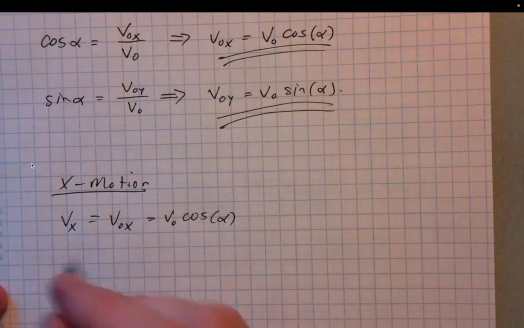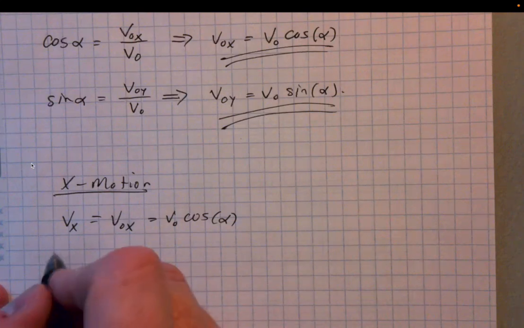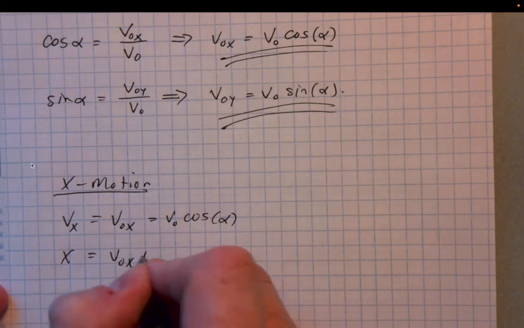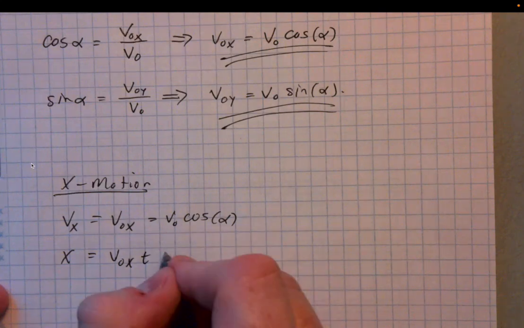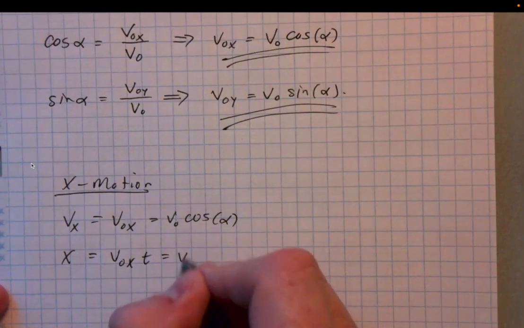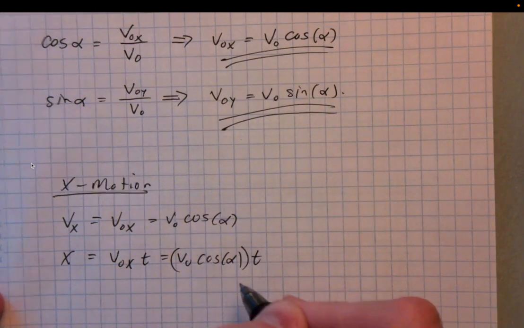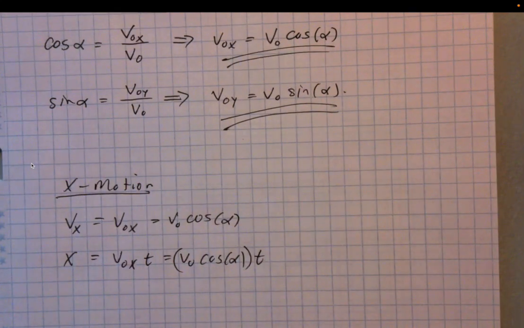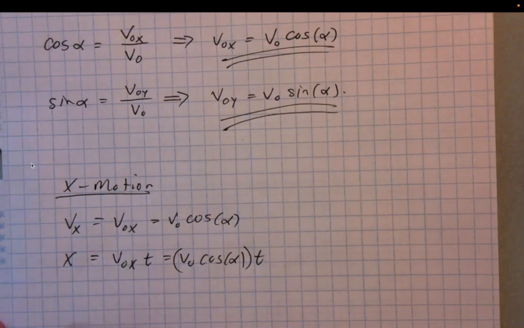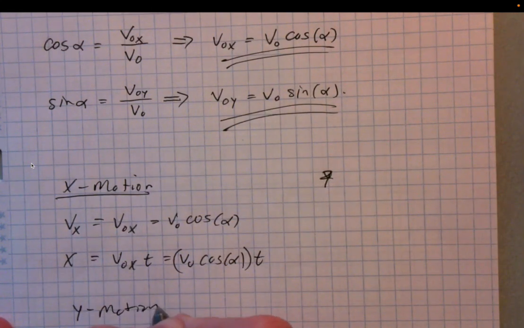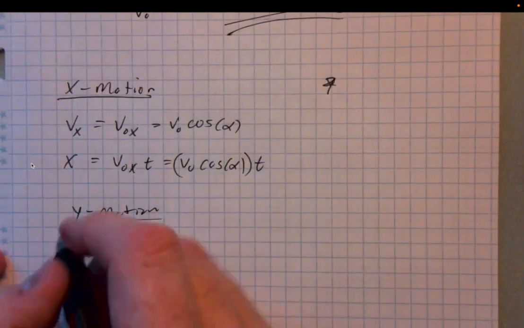And for the position, x will be equal to v naught x times t, which we know is v naught cos alpha times t. Okay, so that's our x motion. And then our y motion, I'll do it down here. Our y motion would be